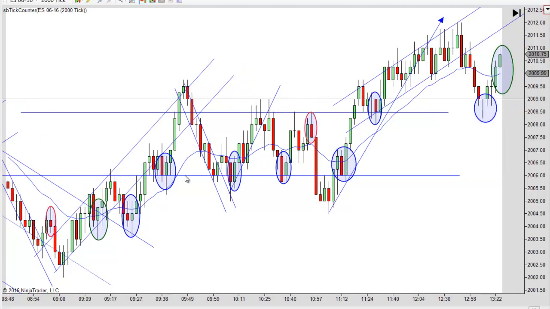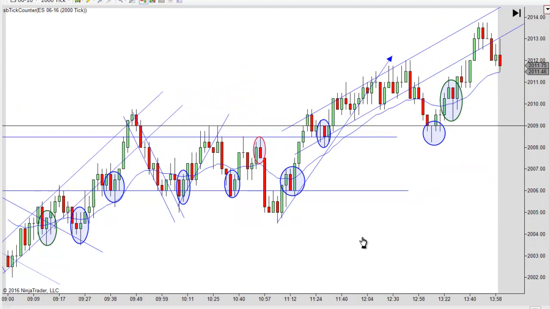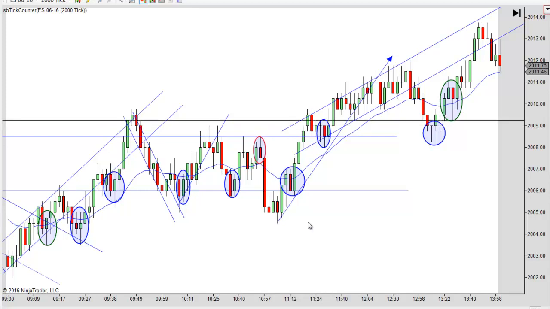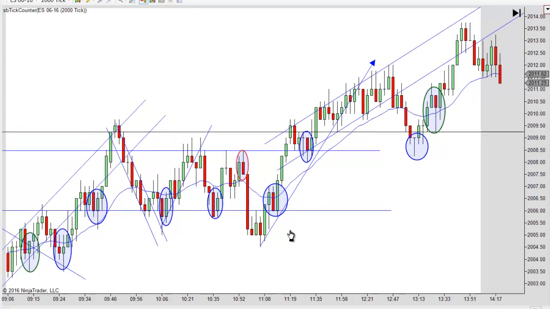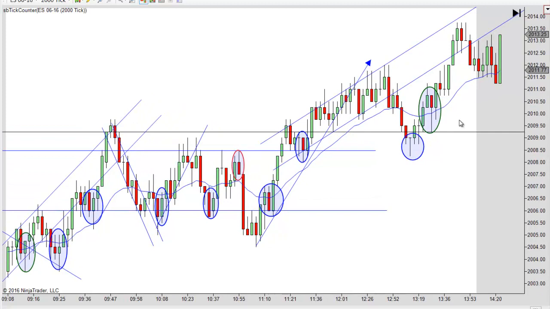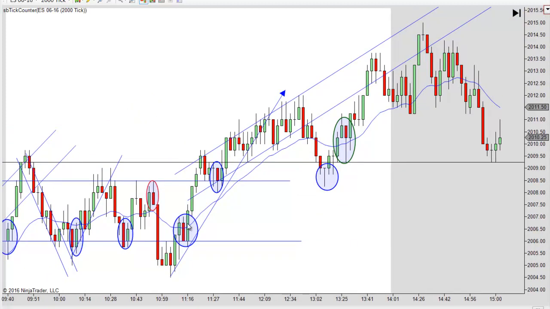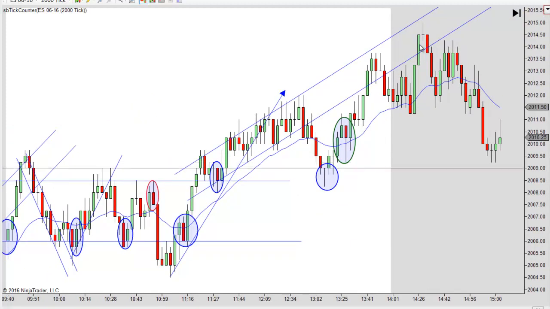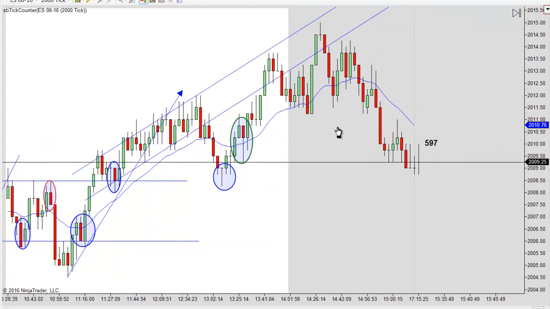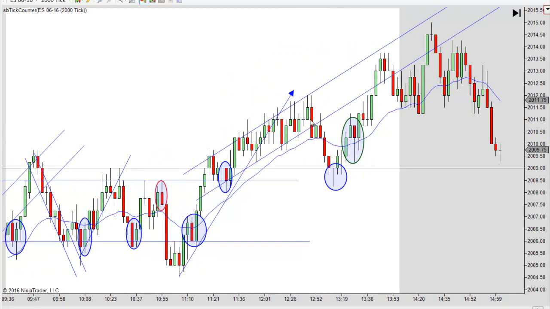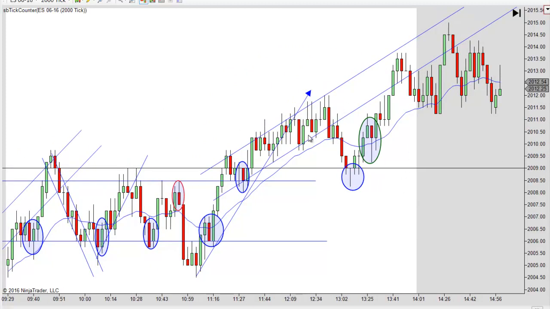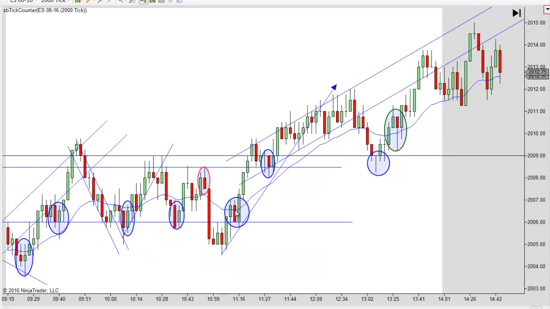And sometimes when you get those failed breaks lower, or a failed break lower, I guess is probably the better way to word that, you catch those lows, just like we did here. And if you caught this move, you could ride this all the way up till you got your break or a new high, or until whenever. Or you could have just exited once we got your break here. So that's a great setup.